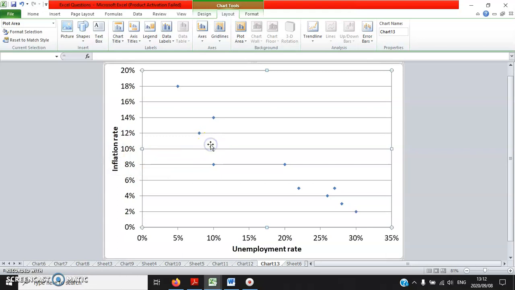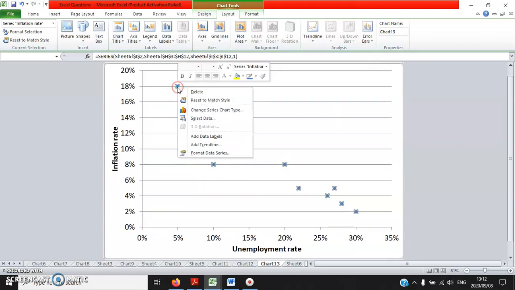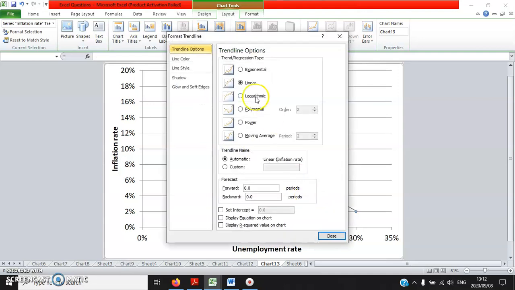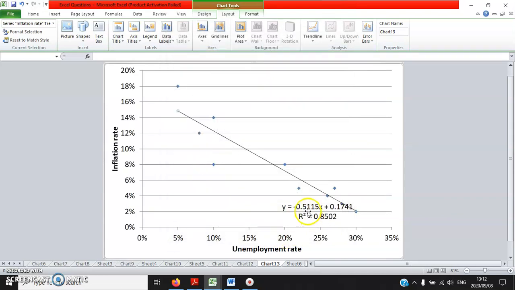And then, do you still remember how to insert a linear chart, linear line, or regression line? So right-click any marker, add trend line. Yes, linear regression, and then take the last two options. Show the R square, and the R square is pretty high actually. Okay, and then the regression, negative relationship between unemployment rate and inflation rate. You know the reason. You learn it from your undergrad